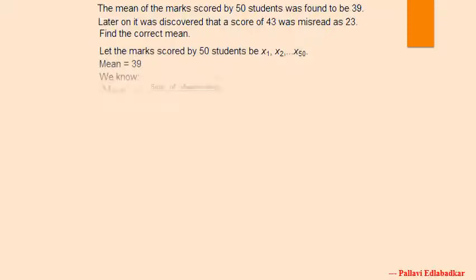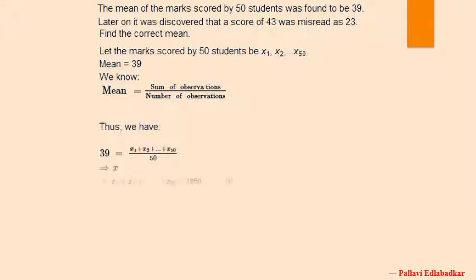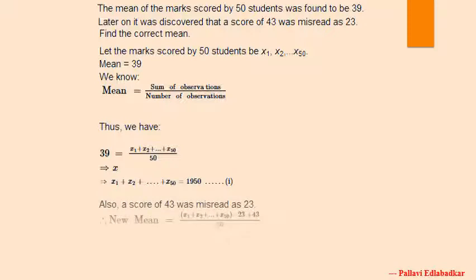In the solution, we know that the marks scored by 50 students can be given as x1, x2, x3 till x50. We are going to call this xi, correct? According to our formula, the mean, that is x bar, is already given to us, which was 39. So let us use the basic formula, which says that mean is nothing but the sum of observations upon the number of observations. So x bar is equal to summation of xi, where i ranges from 1 to 50, divided by 50. Correct? Because here 50 observations are taken.